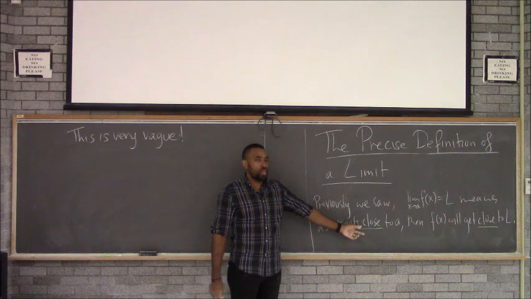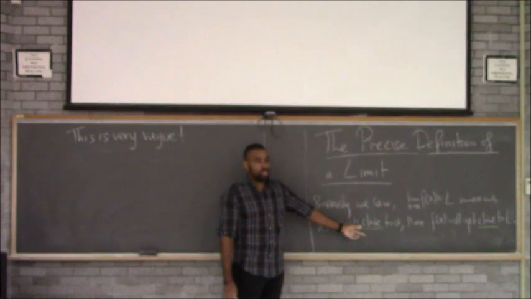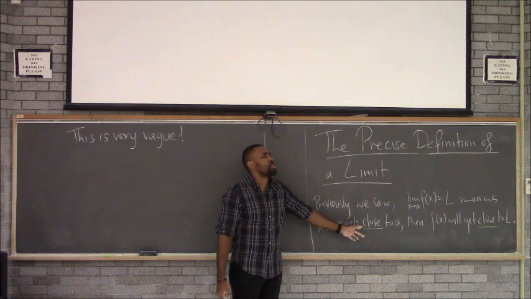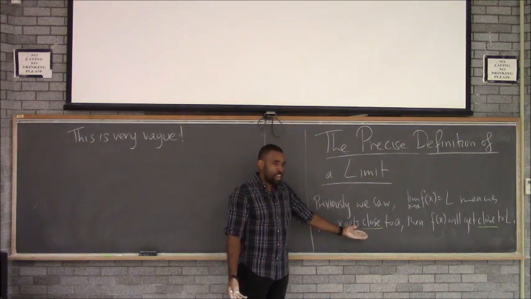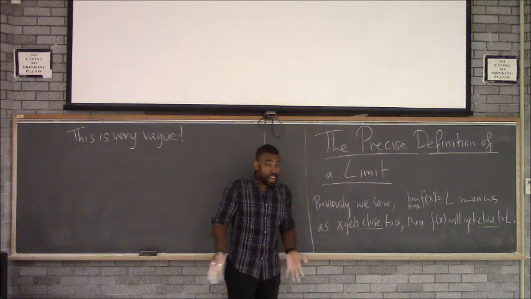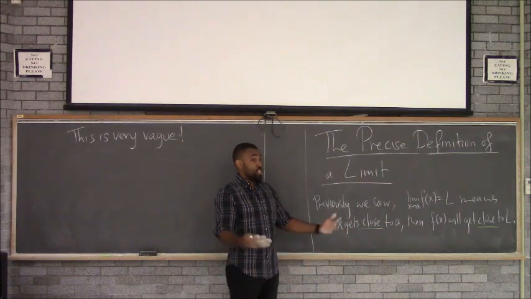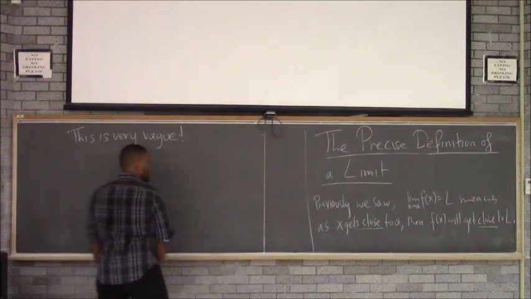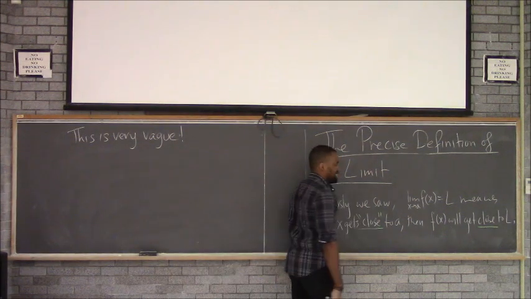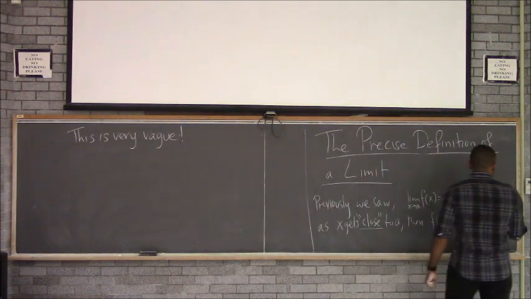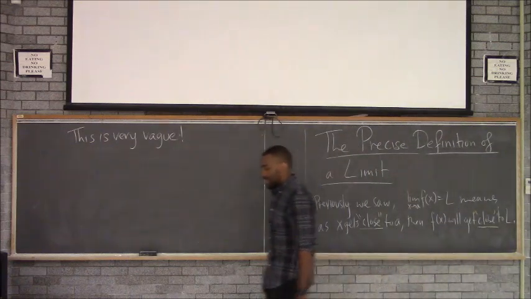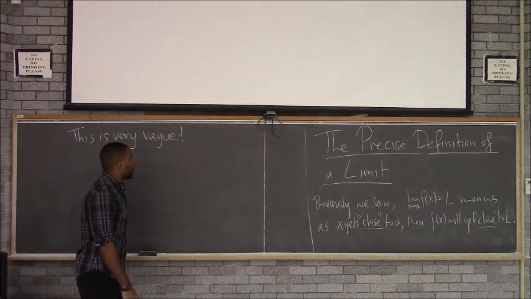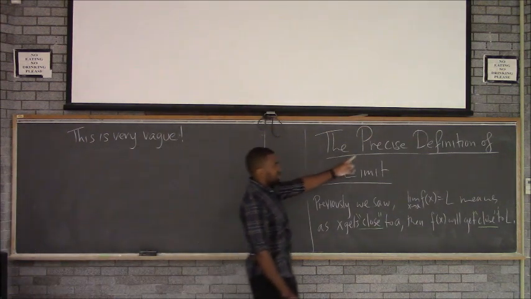It's a very subjective way to describe something. What some people think is close, other people won't think is close, right? So when you say, oh, it's close, close according to who? That's very vague. What do you mean close? A half unit, 0.5? Do you mean 0.3? Do you mean 0.01? What do you mean when you say close? It's not very specific, right? Some people might say, yeah, that's close, but other people, that's really far, right? So the close idea wasn't really precise. We want to talk about a precise definition.